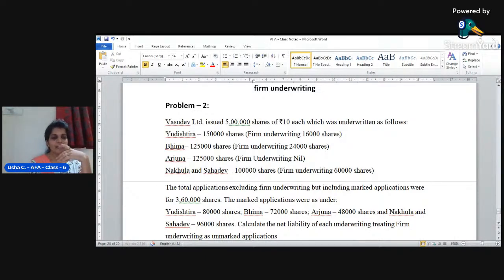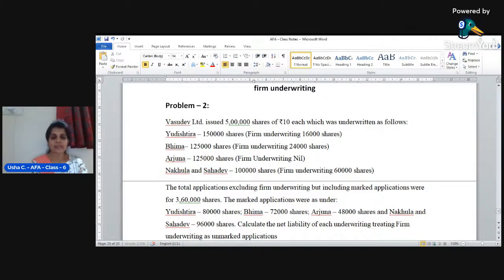And the marked applications are Yudhishthira 80,000, Bhima 72,000 shares, Arjuna 48,000 shares, Nakula and Sahadev 96,000 shares. Calculate the net liability of each underwriter,